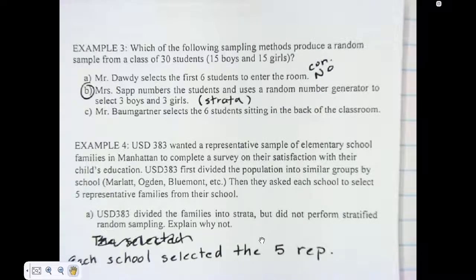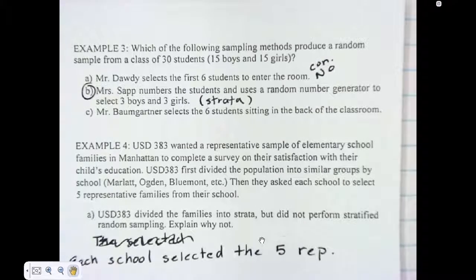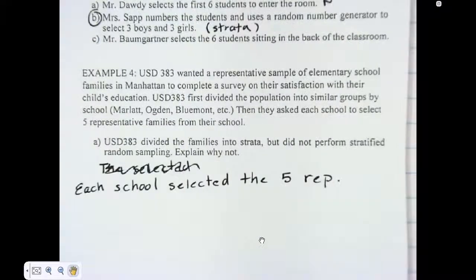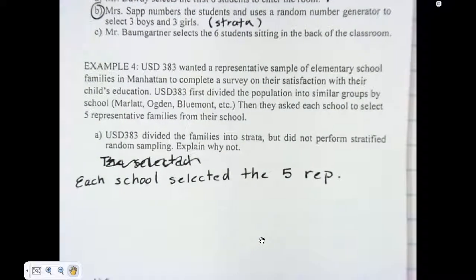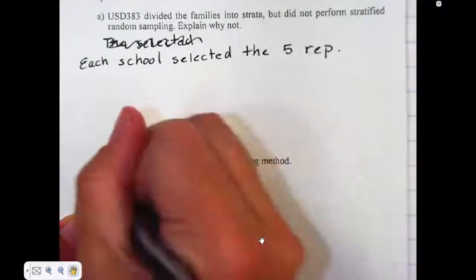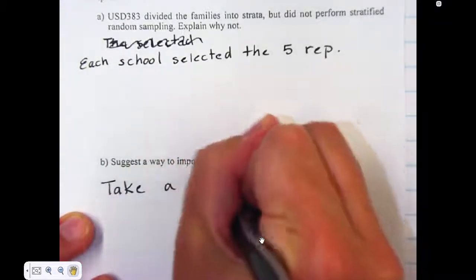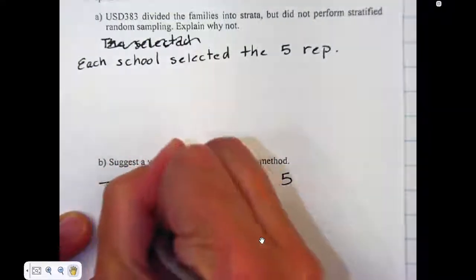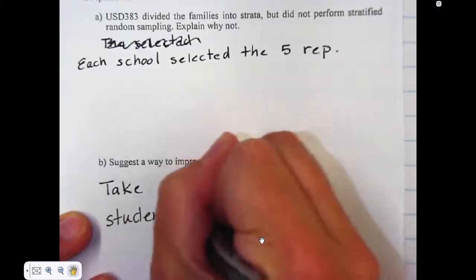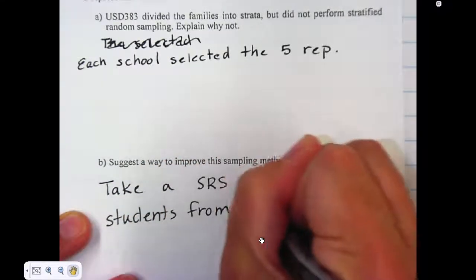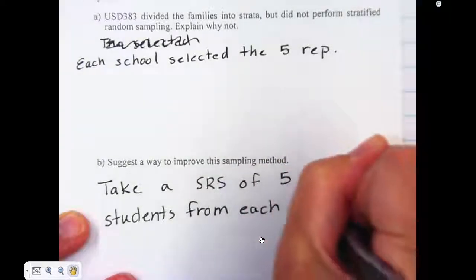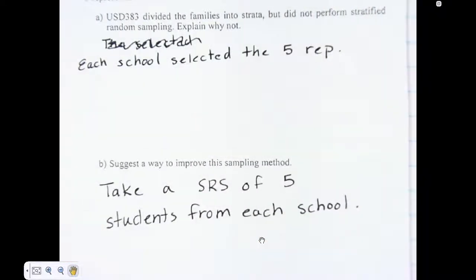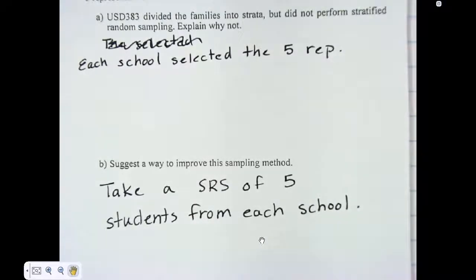So for the next one, they wanted you to suggest a way to improve the sampling method. Okay, so once you have your strata, because they did stratify here by school, what they need to do, instead of picking 5 representatives, they need to take a random sample. So take a simple random sample of 5 students from each school. Okay,